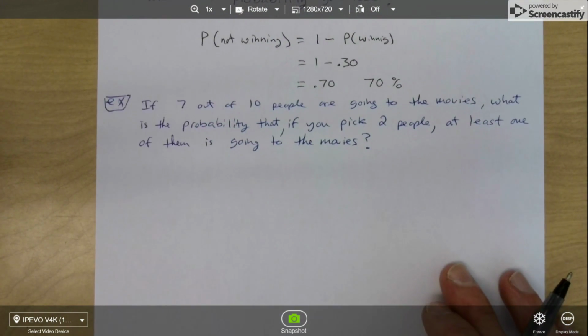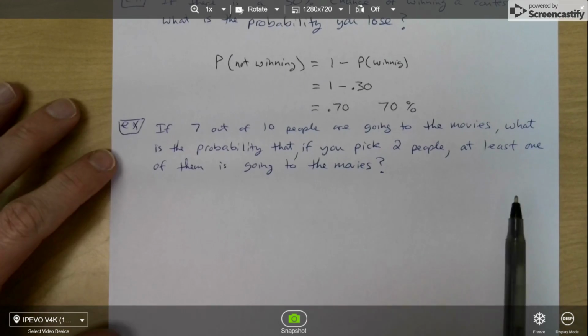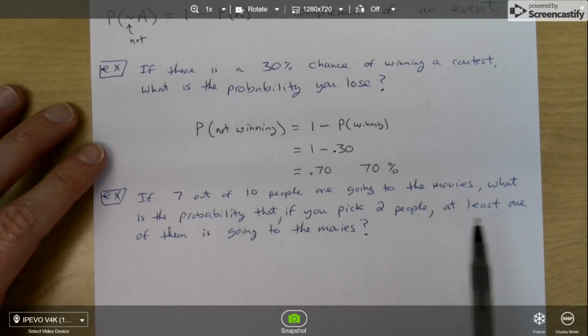All right, last thing. If 7 out of 10 people are going to the movies, what is the probability that if you pick 2 people, at least one of them is going to the movies? Now, guys, when you get to questions like this, think about the complement of